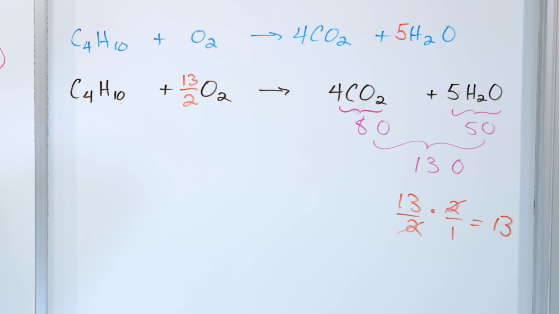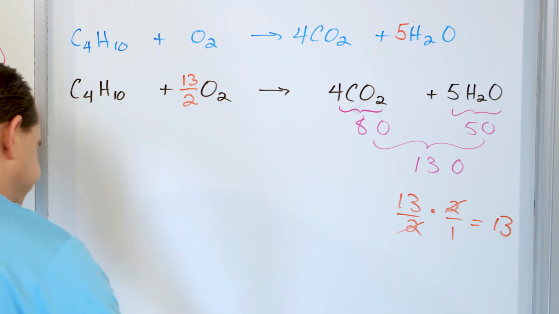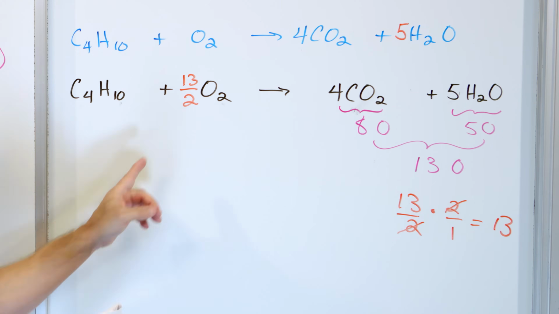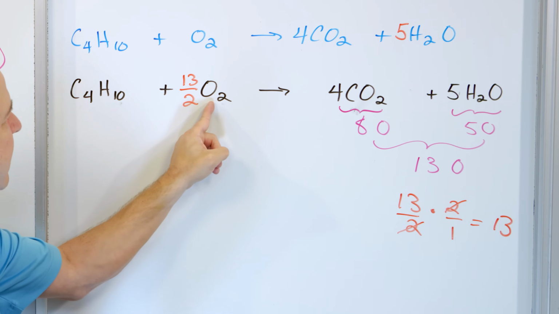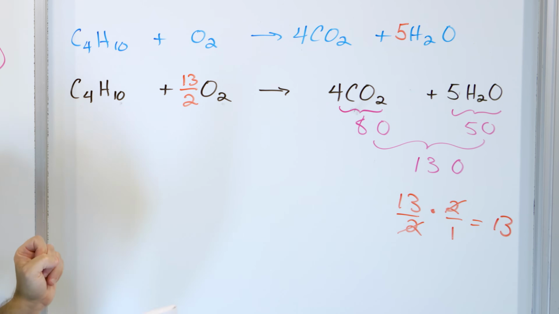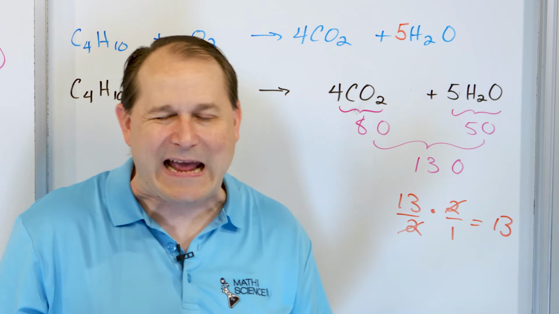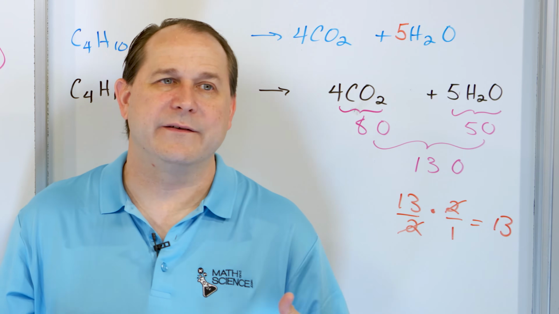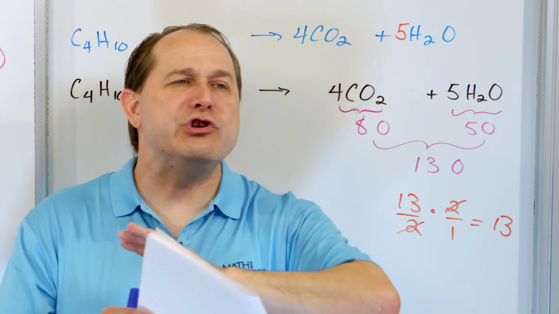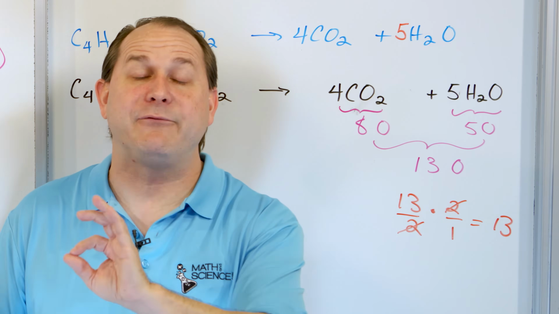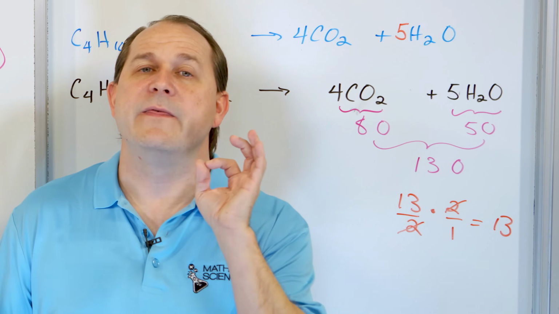So that's it. Now, you might say, I've never seen a chemical reaction with a fraction here. This is a fraction of an oxygen molecule, right? If the number were 5 here, it'd be 5 oxygen molecules. If the number were 10, it'd be 10 oxygen molecules. But I'm telling you 13 halves is a fraction, some non-whole number. So for our chemical reactions, you can use fractions anywhere you want, but after you balance everything with the fractions, then you have to